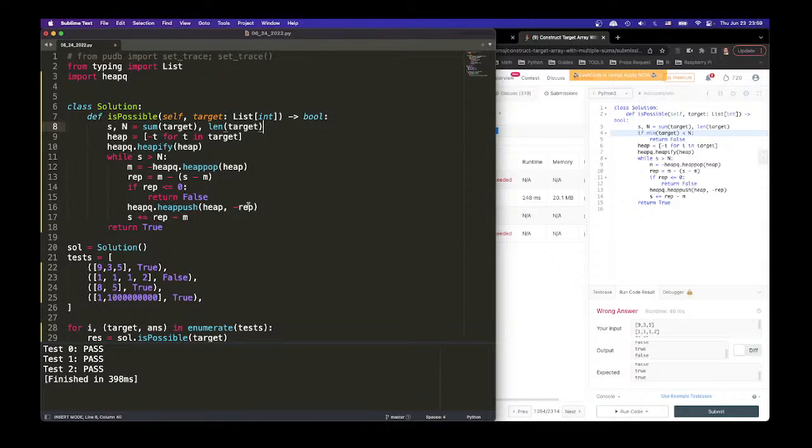So k need to be larger than that. Because the largest, so we want to find the smallest k to make this happen. Smallest k, but you just do this division, right? If I do this division and integer division, we do the integer division, do the floor, then that will be the smallest k